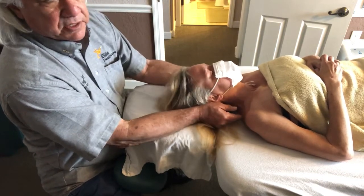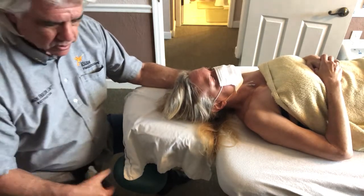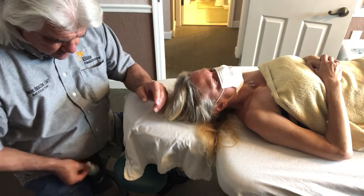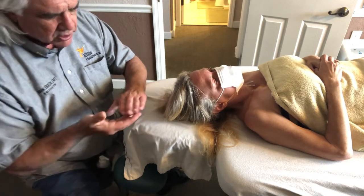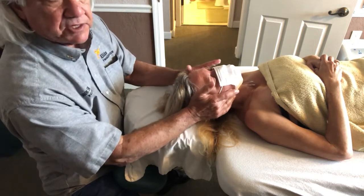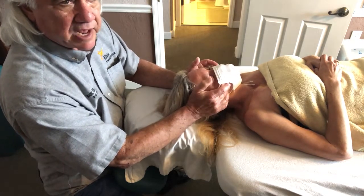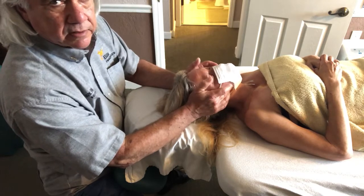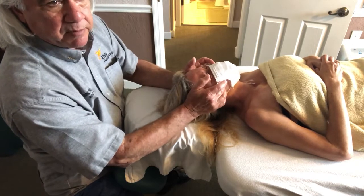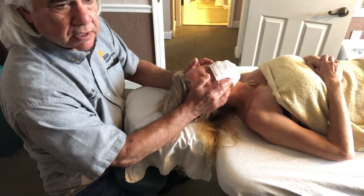Now, headaches a lot of times involve muscles of the jaw. And so what I want you to do is put a little bit of lotion on your hands, and we're going to go through masseter just a little bit. If somebody gets a headache after they chewed hard rock candy or they ate steak for dinner and they gave their masseter a good workout, then if they get a headache after that, it might make some sense to you. Some people from deep masseter actually get ringing in their ears,